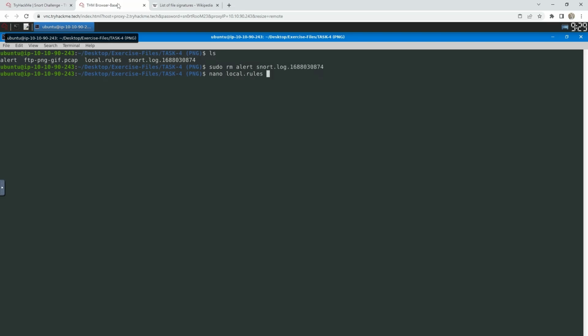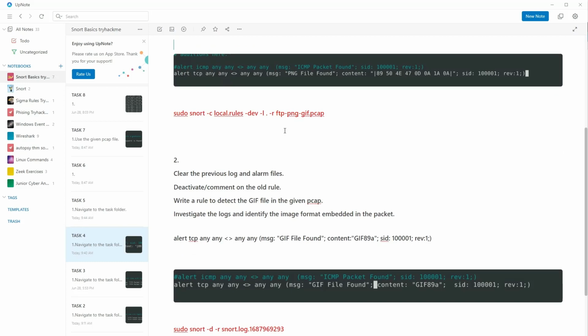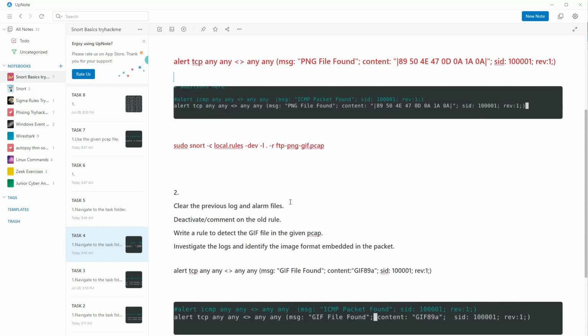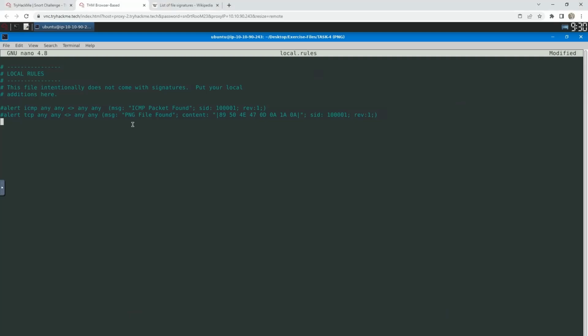Nano local rules, make a new rule, and this is the rule for the GIF. Alert TCP any, message "GIF file found". That is not PNG, it's GIF, content is GIF